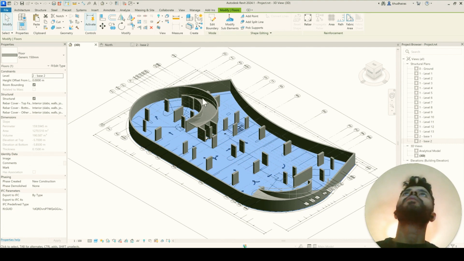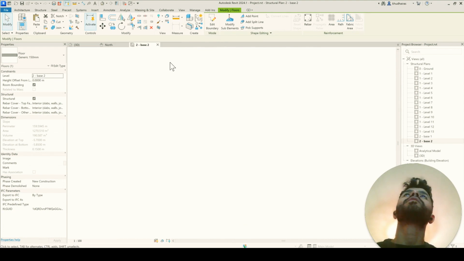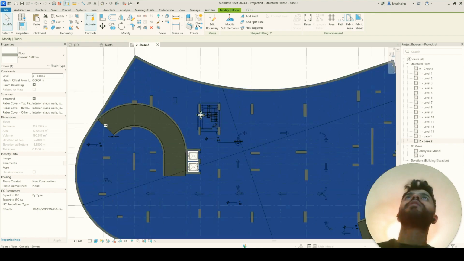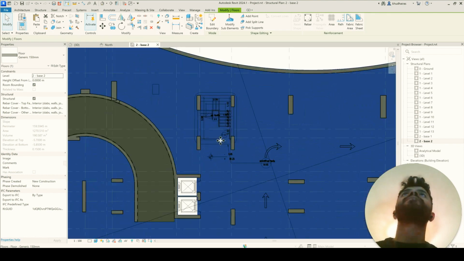Okay, so to continue from now, we have the stairs. If we go to basement 2, where the stairs exist, we can see here there's a stair. But as we notice, there's a cut here.